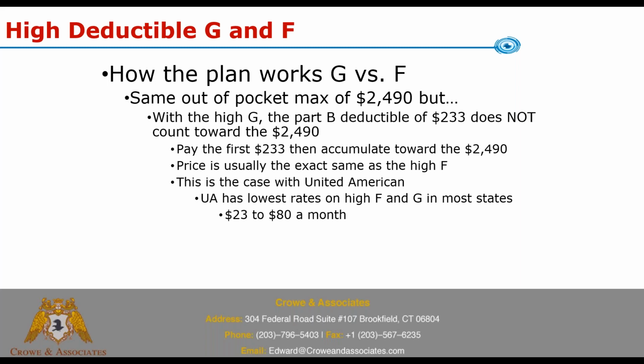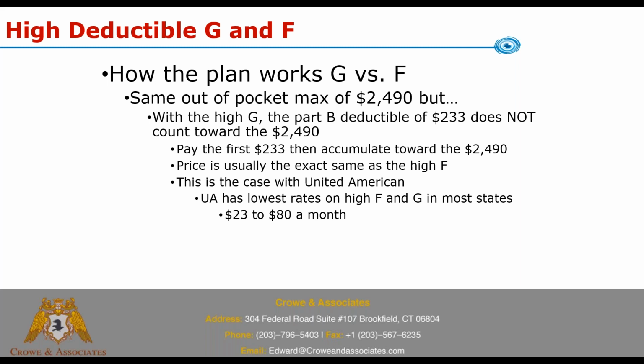you got to factor in the Part B deductible, because as a lot of you probably remember, when they made the changes for 1/1/2020, they said going forward Medicare plans can't cover in full, meaning they can't cover the Part B deductible. That's why F was grandfathered. So high deductible G is a $24.90 out-of-pocket max, but you've got that $233 deductible for Part B, which doesn't count towards the $24.90, so it's actually a little more.